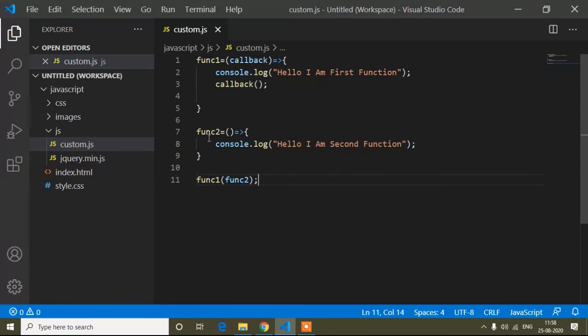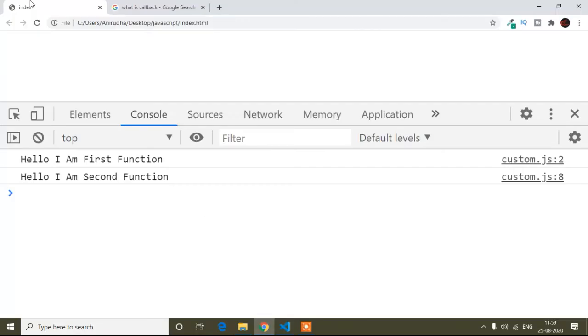So again I will show you that if I remove this, and just here if you pass function 2 here and remove that, this is also the callback.